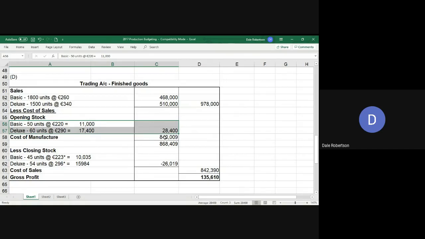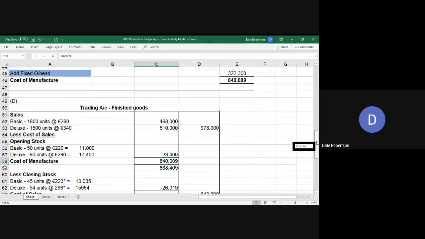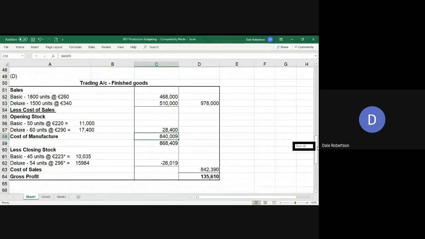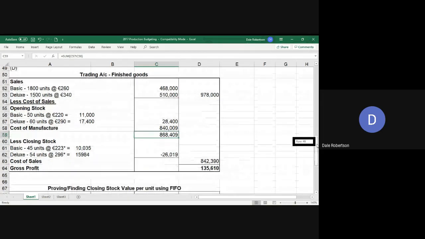The cost of manufacture, this is the answer to part C. So if I just refer you back up here, look at the bottom of part C there, 840009. That's where you get that number there. You add those two up to get 868,409. And then we're looking at our,